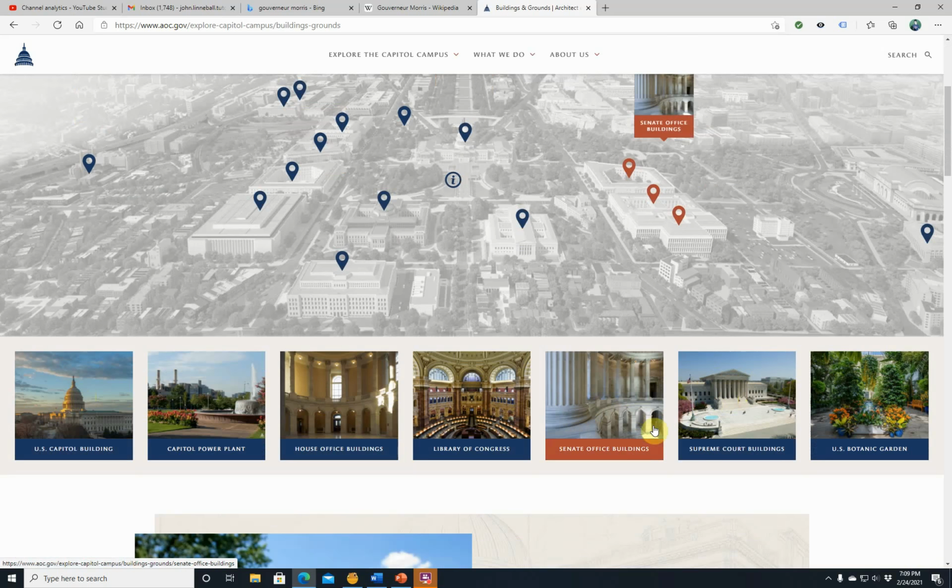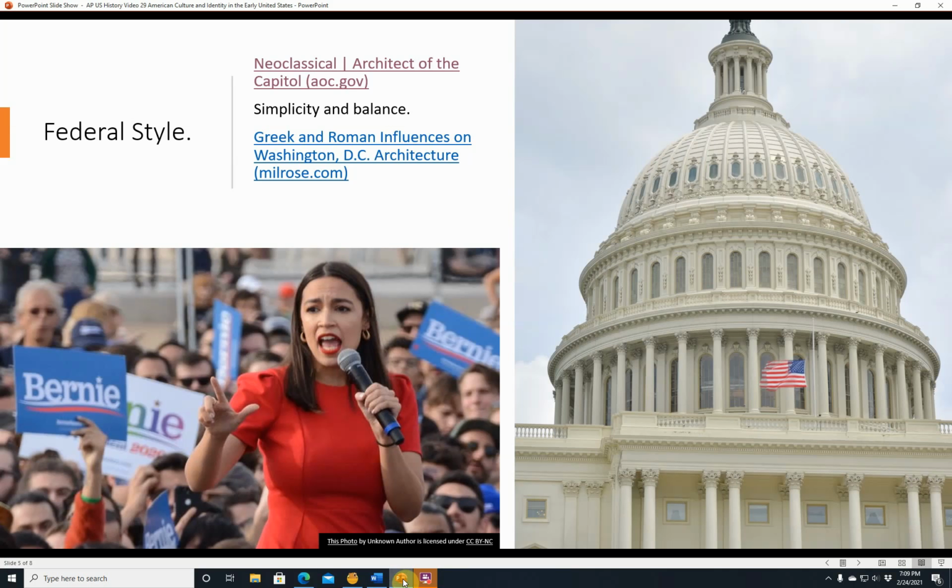columns. So there was a reason for that, and the reason for that is because they wanted to show that democracy had come from the ancient Greeks and that modern day American, United States architecture, the government architecture, of course, would mirror that link, would show there's a link between ancient Athens, for example, and modern day Washington, D.C., including the architecture. And it's very stately looking and very attractive, so not a bad idea.